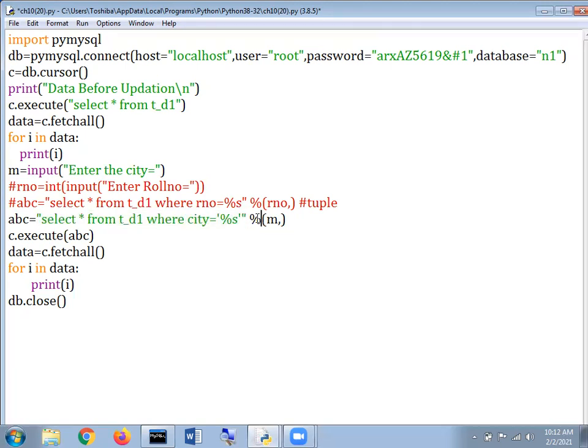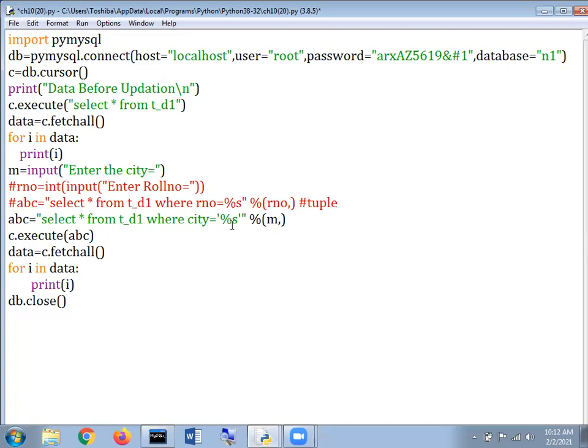And after that, this modulus operator, and what will be the m comma? It is a tuple. That's why we are supposed to insert the comma, because there is only one variable, and m represents the value of a city. Can you please identify one modification?